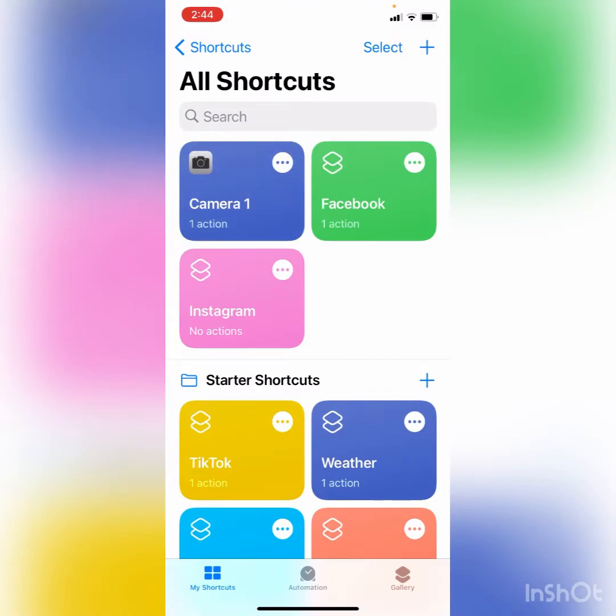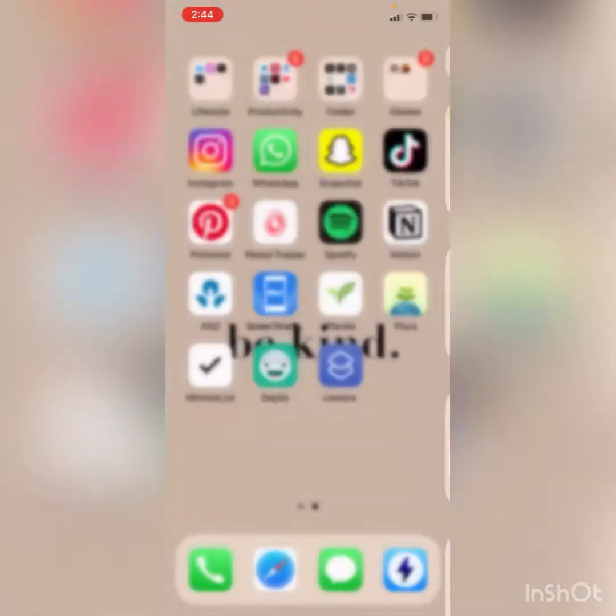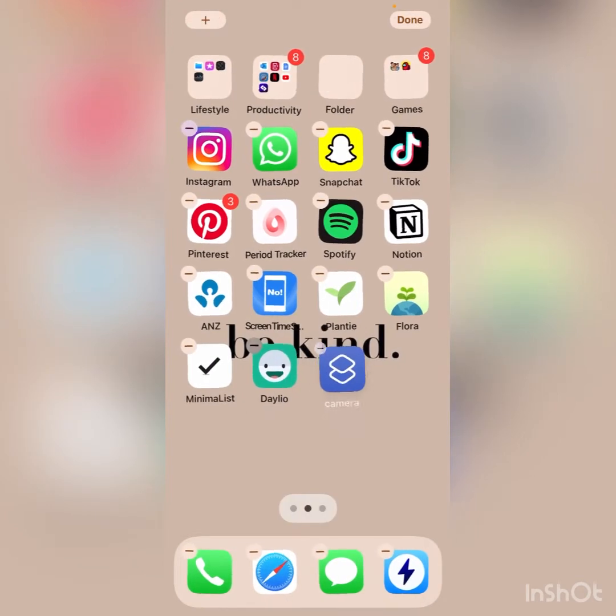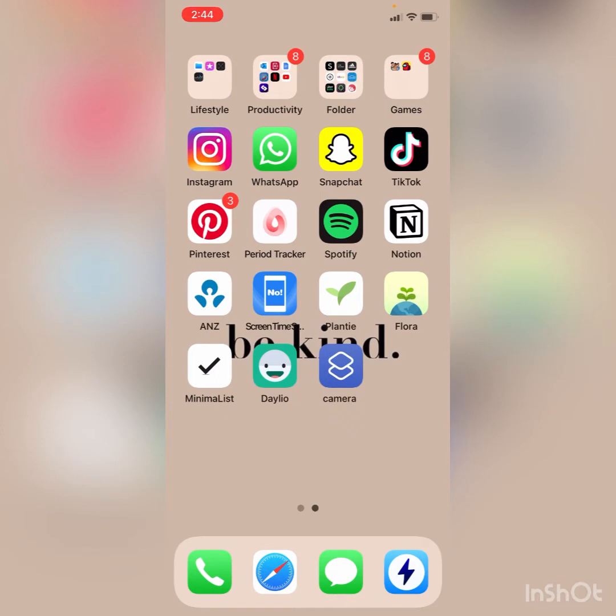done. Alright, now we're going to get out and it's going to be right here. Of course, and then you can just rearrange it. And then so people want to do the